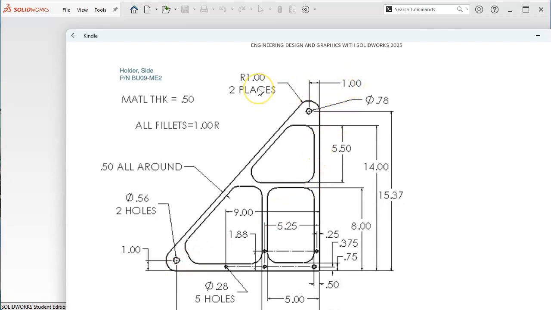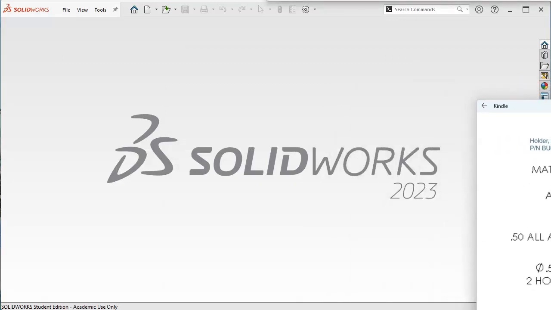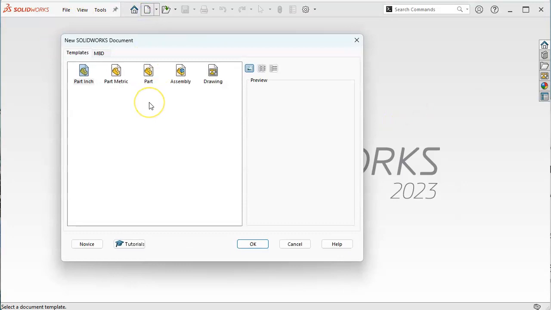Spacing of 1 inch with a radius of 1 inch. I'm going to assume that this side, oh yeah, 2 places. So spacing of 1 inch, and then the tangency. So we'll go ahead and build those up. Might do those with a fillet rather than trying to do the tangent arc, but we'll have enough information to get started here. So if I do the outside first,